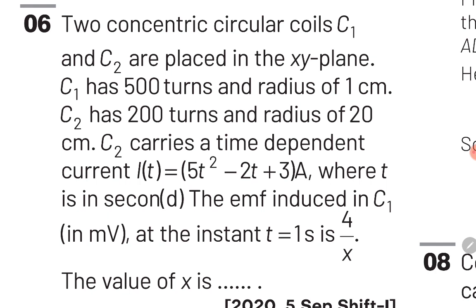Guys, in this question you can observe that coil C1 has radius of 1 centimeter and coil C2 has radius of 20 centimeter. So guys, we can say that coil C1 is much smaller in comparison to C2, and in this case flux linked in coil C1 will be equal to magnetic field due to coil C2 into area of coil C1. Guys, here current is flowing in coil C2 and therefore magnetic field will be generated by coil C2. This magnetic field will pass through the area of coil C1, and that is why while calculating flux we will multiply the magnetic field with area of coil C1.